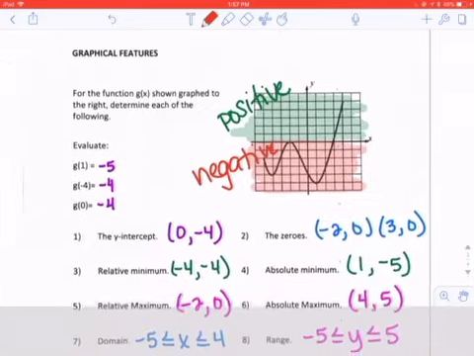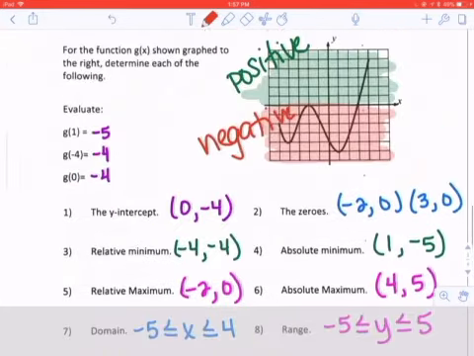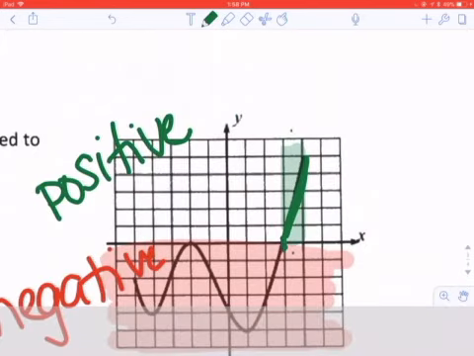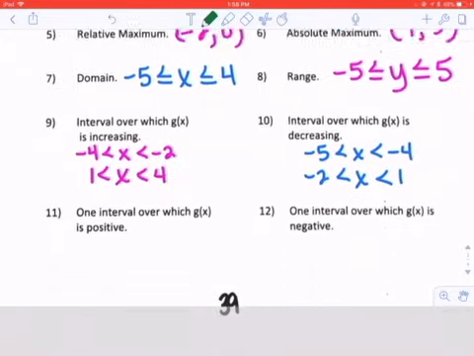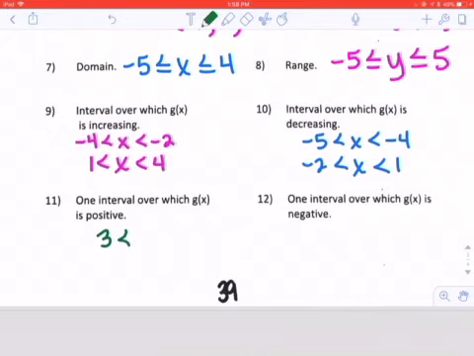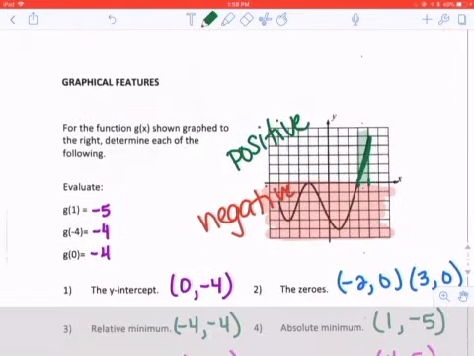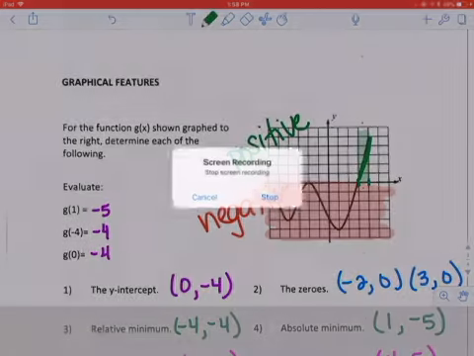And so where is our graph positive? Well, I don't see the graph anywhere above the x-axis except for here. Okay, so our graph is only positive here, from when x is 3 to when it ends when x is 4. So you'd say 3 is less than x is less than 4. It's negative where it's under